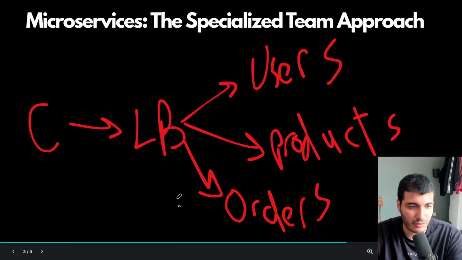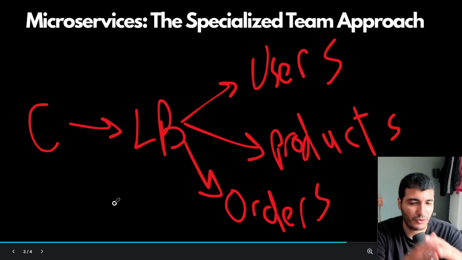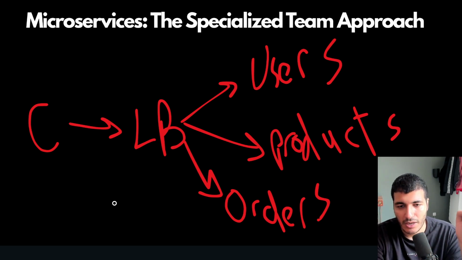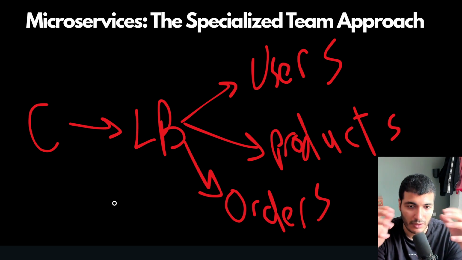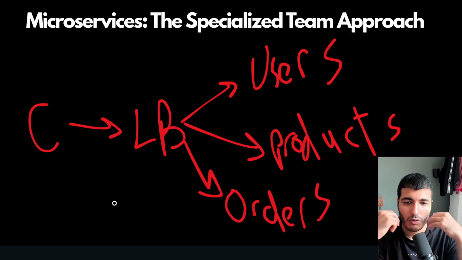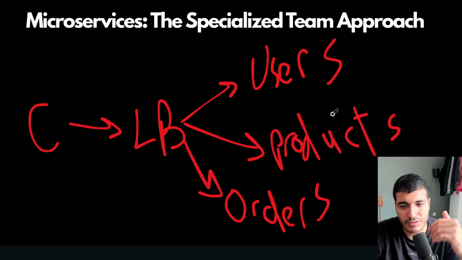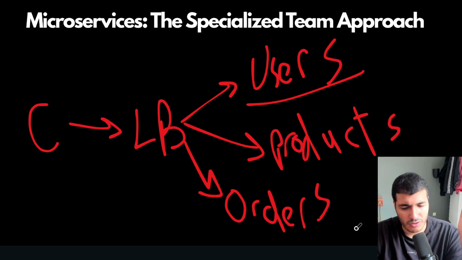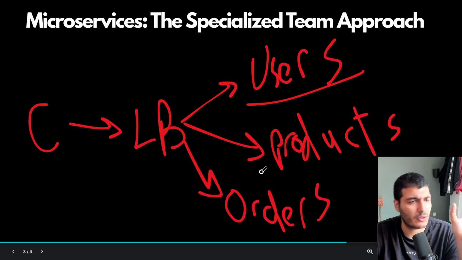The pros of this kind of architecture: we have some sort of independence. Services can be developed, tested, and deployed independently, leading to a faster release cycle. Number two, we have independent scaling. You can scale a specific service that needs to be scaled, optimizing resource usage. Like you can scale the user service or the order service, and the product service is okay, so no need